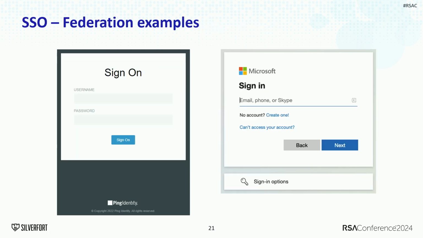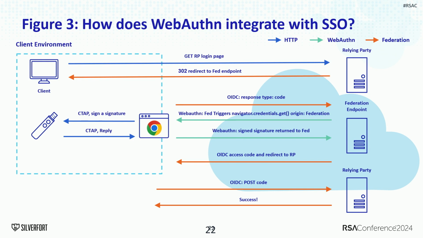This is how it actually looks. We have Ping Federate, and we have Entra ID SSO by Microsoft. Now we see a diagram showing that there are more players in the authentication itself. There is the relying party, the IDP provider, the federation endpoint, and more protocols at play. And we can clearly see here that the context of where FIDO, or the other authentication methods, is protecting is the federation endpoint and not the application itself.